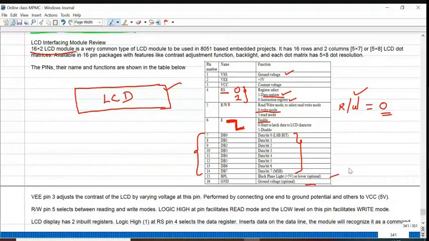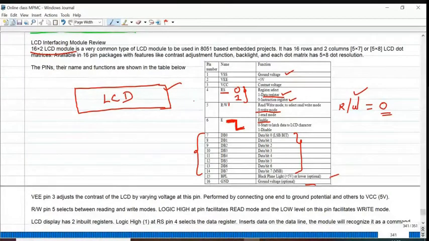These are some basic information about the LCD display. So once we connect this LCD display with the 8051 microcontroller, we have to take care of all this. The read and write bar should be 0.